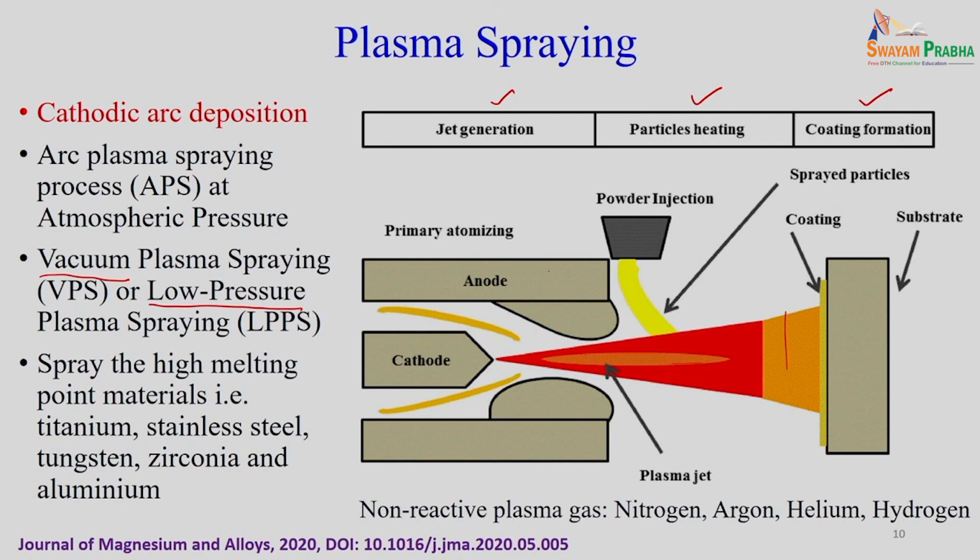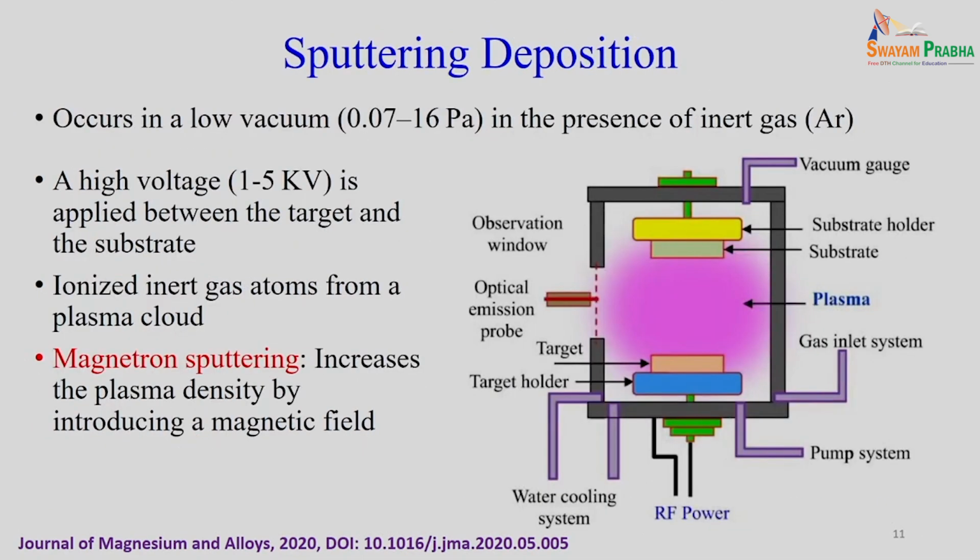So, here because of this arc we get very high temperature. So, we can use high melting point materials like titanium, stainless steel, tungsten, zirconia and aluminum. These materials can be easily applied, and we use non-reactive plasma gases like argon, nitrogen, helium or hydrogen. In case of sputtering, rather than generating the arc, particularly the cathodic arc,